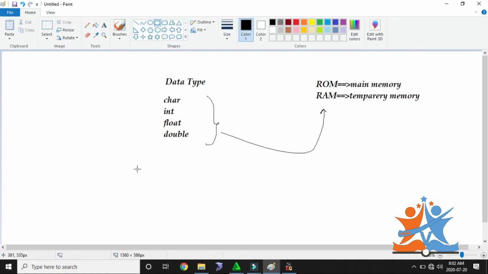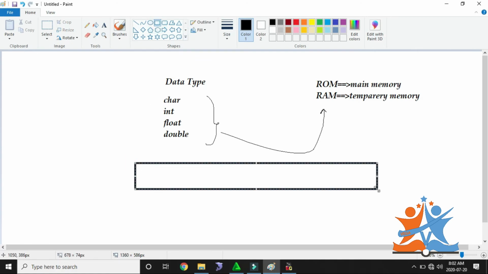For example, if I am providing data, this is my RAM area. I consider this as RAM.